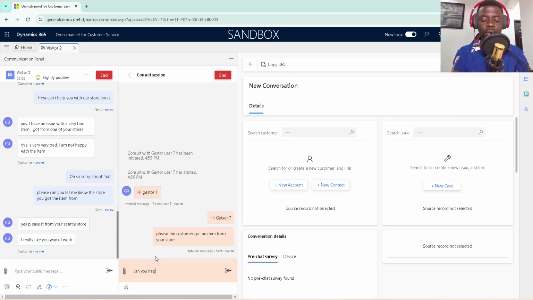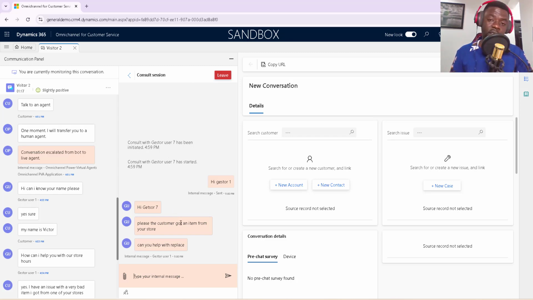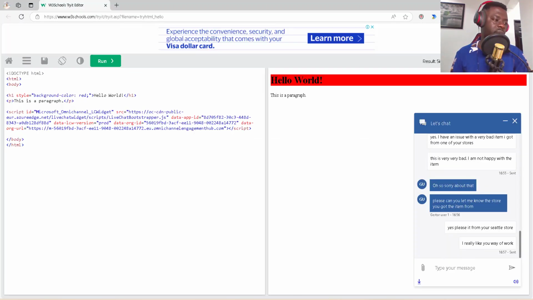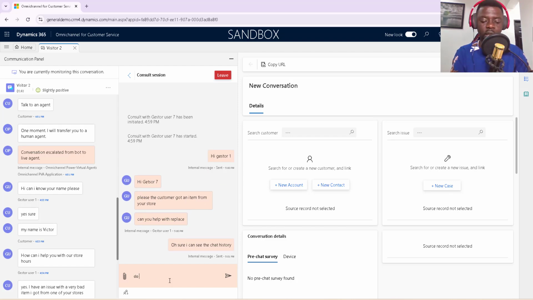Then I'll go back, and you can see that with all this interaction, the customer isn't seeing anything, because when you go back to the customer view, it still stays here, right? So the consulted person now says, oh, sure, I can see the chat history, something like this, right? Now the team lead is saying, do log a case for the customer for a return, something like that. So I'll then tell the customer, I'll say, thanks for your remark. Please note,